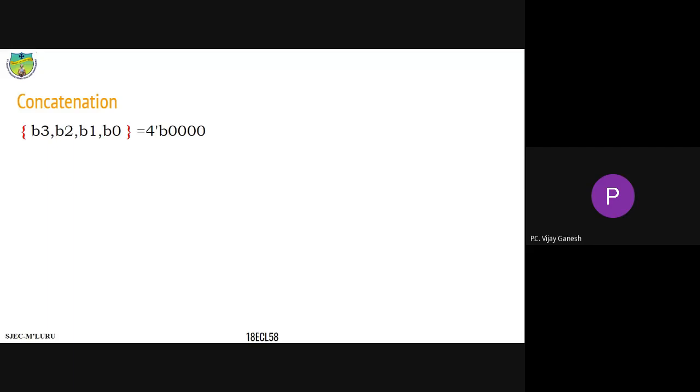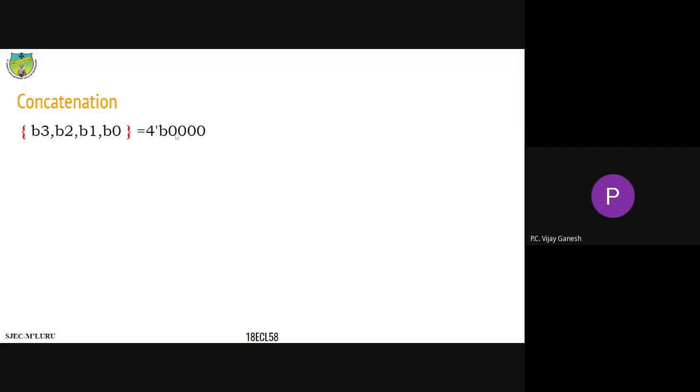Similar to string concatenation in the C language, it takes two variables and concatenates both values. The result will be stored in one particular variable. Similarly, in order to concatenate bits, we have to use curly braces. Just see here, there is an open brace and a closed brace. Between them, we can give whatever variables we want, and all of that can be assigned.